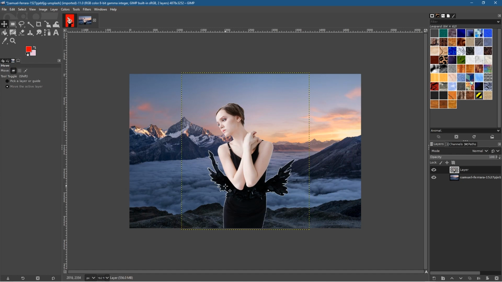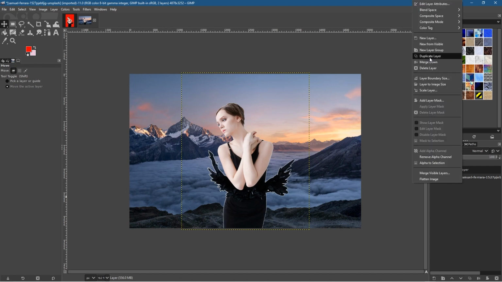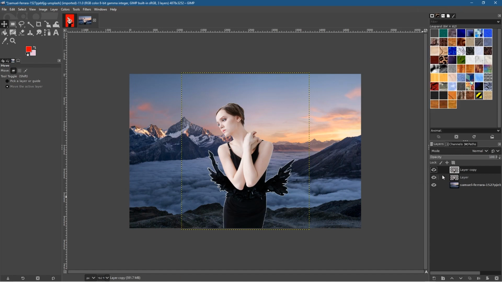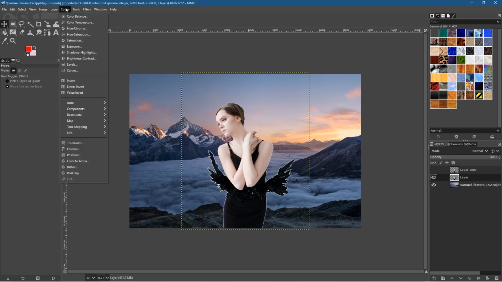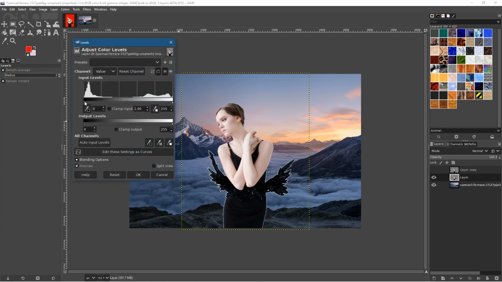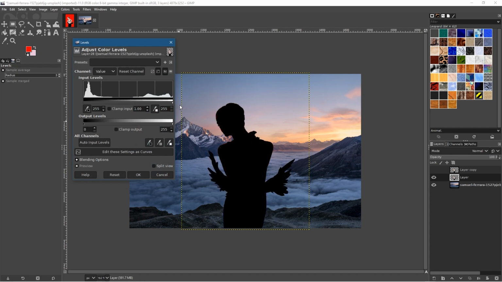There's quite a few other things you could do. You could add a blur around the background. Let's click on the bottom layer. We could go ahead and duplicate this layer. So let's right click and duplicate layer. Alright, so we've got one on the top. Let's hide that top one. Click on the one in the middle, so it's one layer below. Let's go to color, and let's do levels, and let's click this handle here and drag it all the way across so that it's black like this,